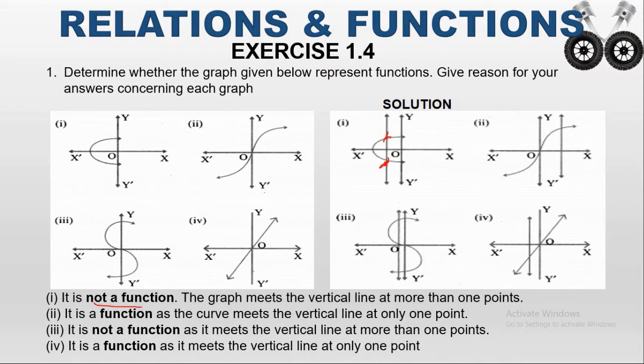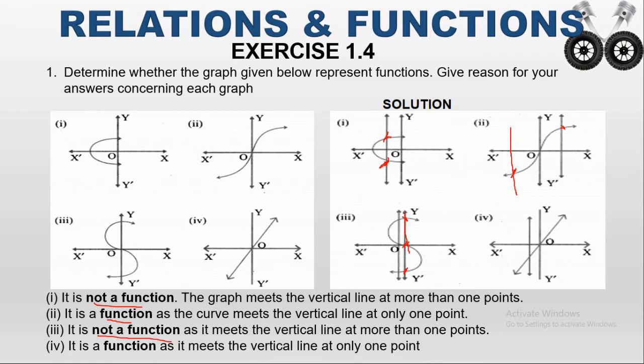Okay, so what is the second one? Here again I am drawing one vertical line. This vertical line touches the graph at only one point. If I draw the vertical line on this side, that time also it touches the graph at only one point. So the given graph is a function. Next, the third graph. Again I am drawing one vertical line. This vertical line touches more than one point. Here it will touch, here it will touch, and again it will touch here also. It touches more than one point, so the given graph is not a function.